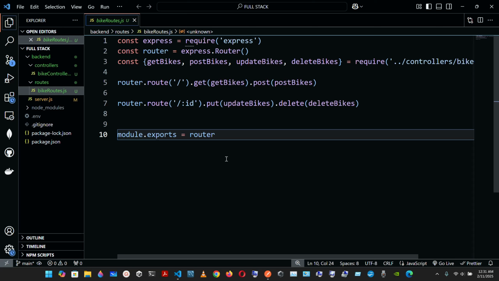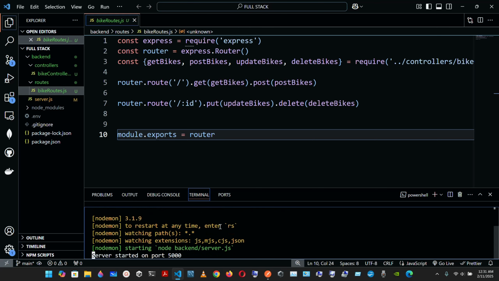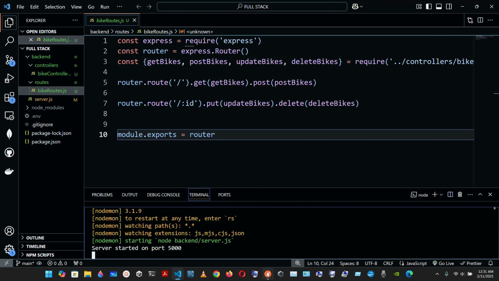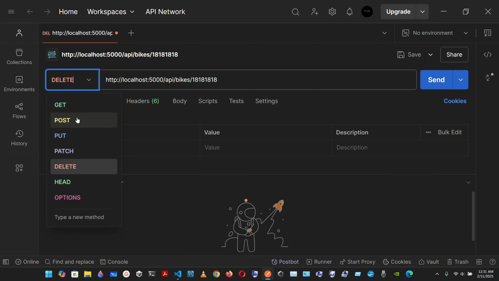Okay, so now we're gonna start with middleware, and we're gonna npm run the server. So we're gonna npm run server so we can open it in port 5000. Okay, so if we go to Postman, and if now we want to, instead of delete, we want to post